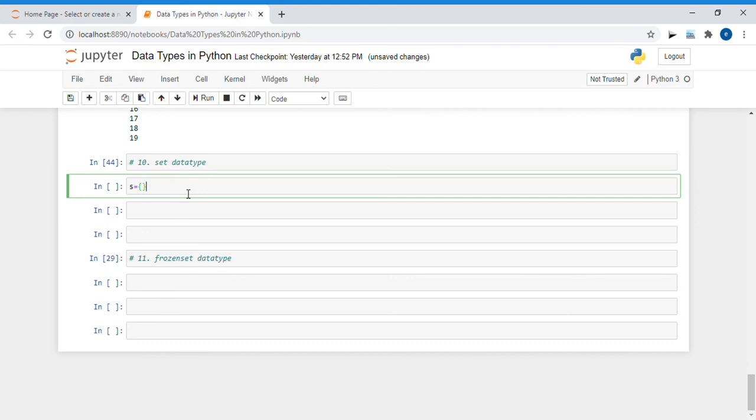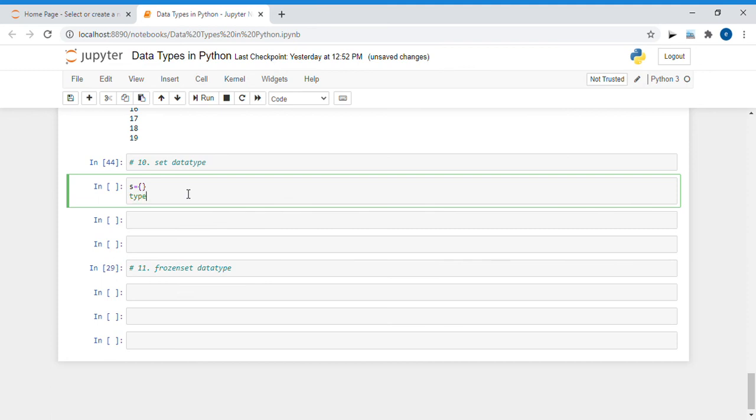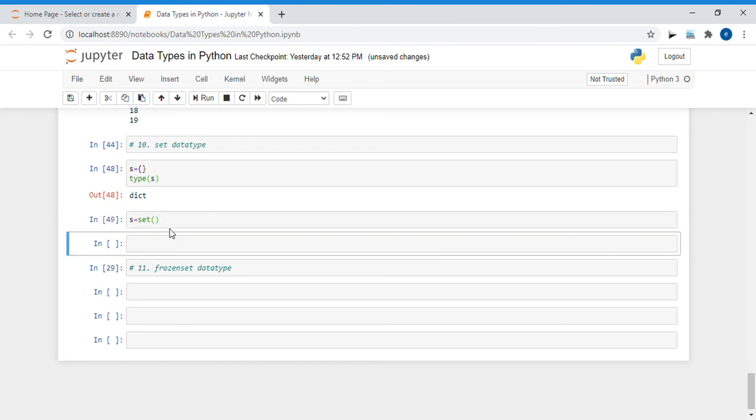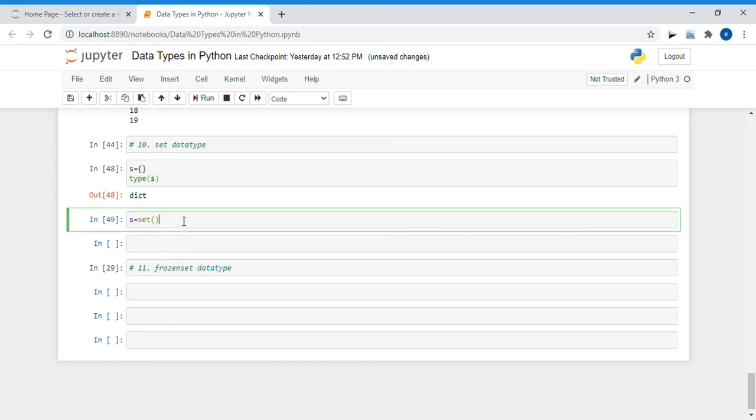But remember one thing, empty curly braces give the type as dictionary, and if we want to make an empty set, then we must write set in front of it and just use parentheses, so that it will create an empty set.